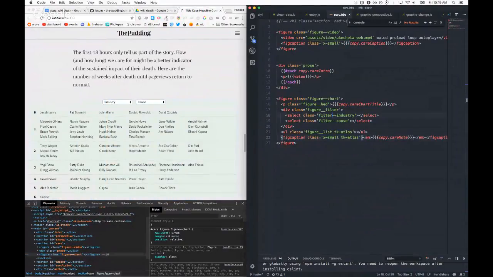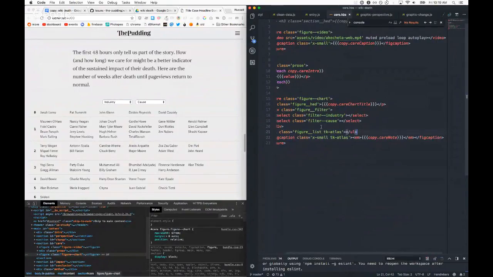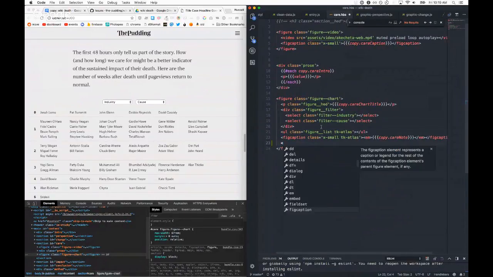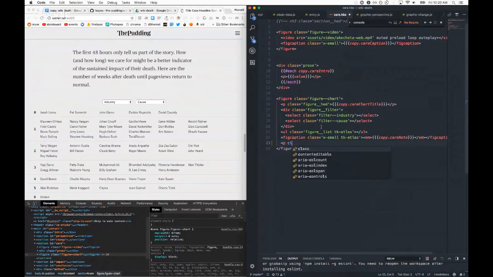Especially if I'm taking this out, possibly. We'll call it P class equals weeks. We'll try that though.